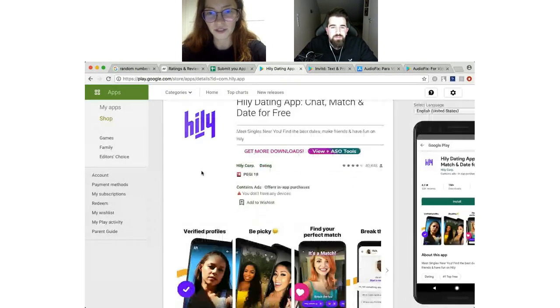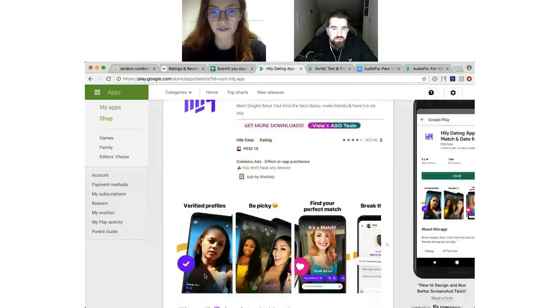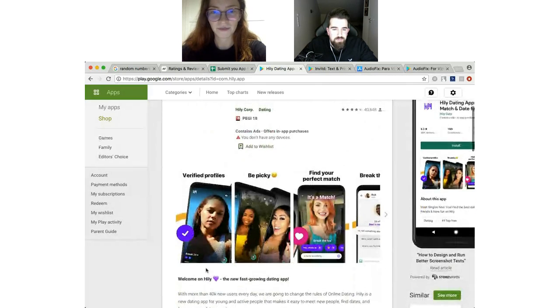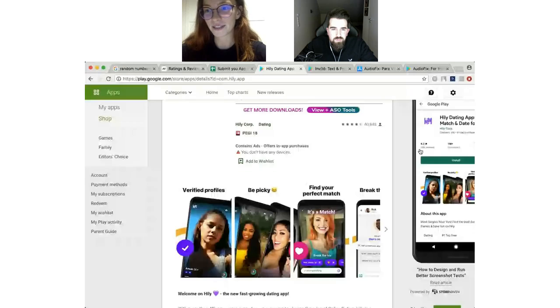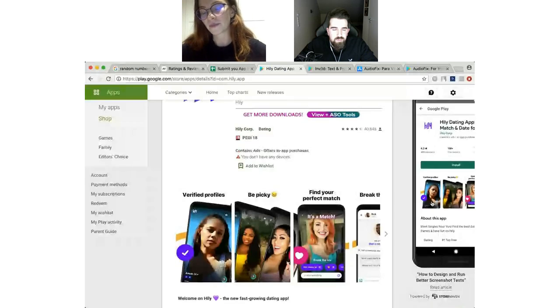First thing I want to mention is that I really like the screenshots because they are very catchy. I mean, lots of relevant girls for this kind of application, and probably it should convert well. But also the font. Here we can see how it looks in the app page.